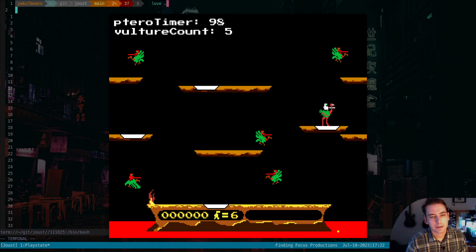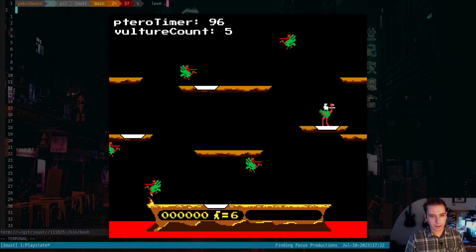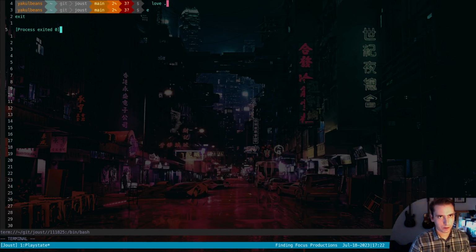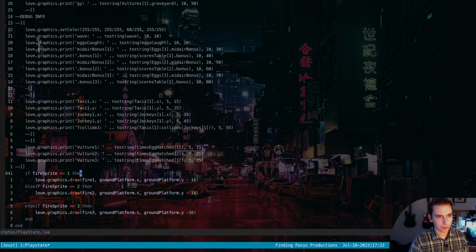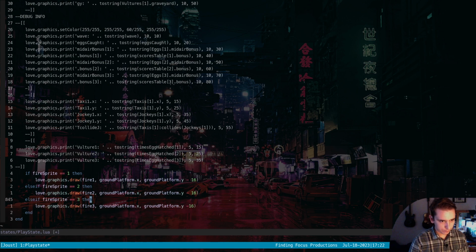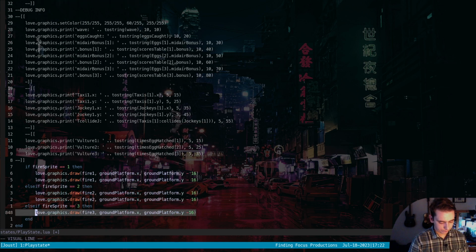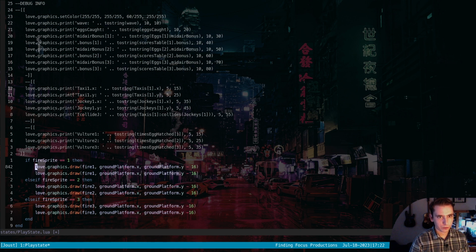we don't render that unless the platform's retracting. And then once it's done retracting, we don't render it either. So let's just get the second one placed. So we need the exact same thing, just at the different location, right? So instead of the X, yeah, same Y, but we need ground platform